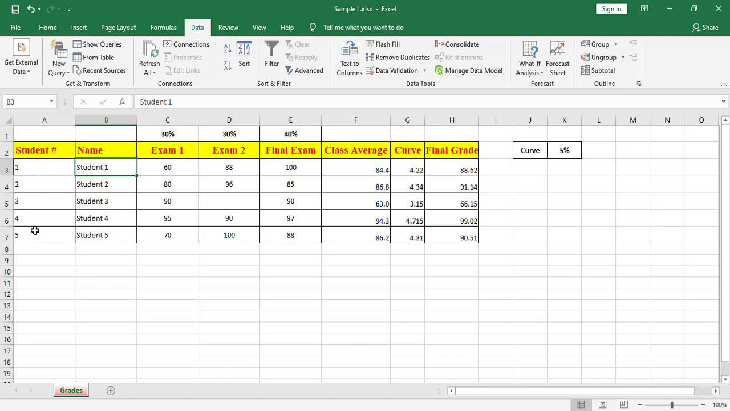Also, if I need to view the students that have grades, for example, greater than 90, I need to use the filter. To use the filter, first step, I will choose the title. I click on filter icon. You can notice that now I have on the title a drop down button. For example, if I need for final grade, the grade